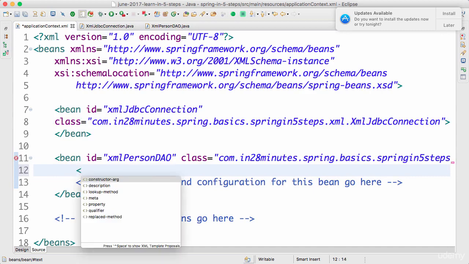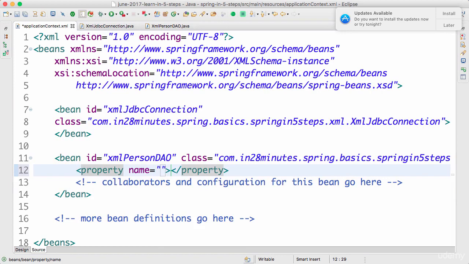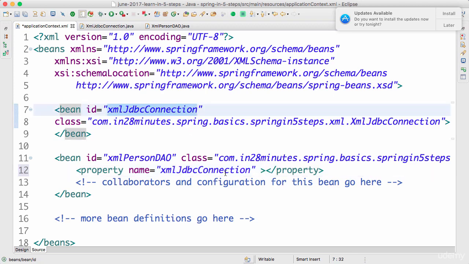That is by using another tag. You have a tag called property, and you can set the name and the ref. The name we want to put in is xmlJdbcConnection, and to this I would want to wire in what? I would want to wire in the xmlJdbcConnection in here.